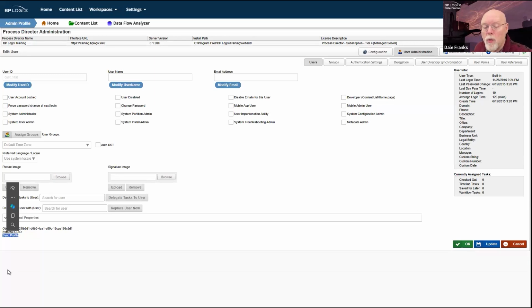So you've got to be real careful about setting up your built-in users so that each sync profile brings in a different group of users. If you have two sync profiles and they both bring in the same users, then you're going to have duplicate accounts in Process Director for what is essentially the same user, but they've been brought in by two different AD sync profiles.